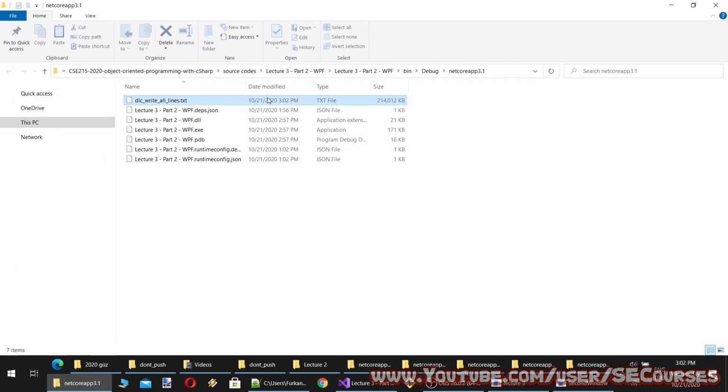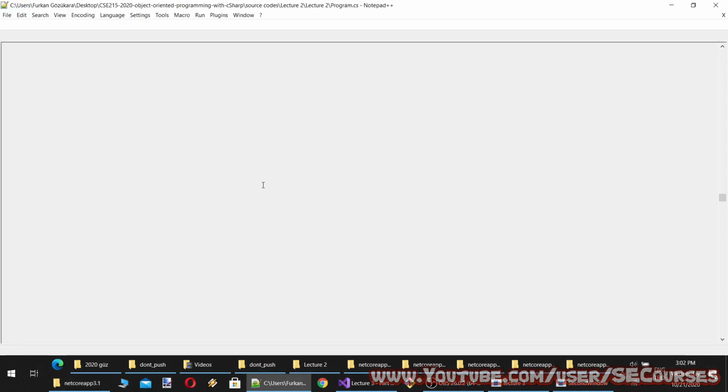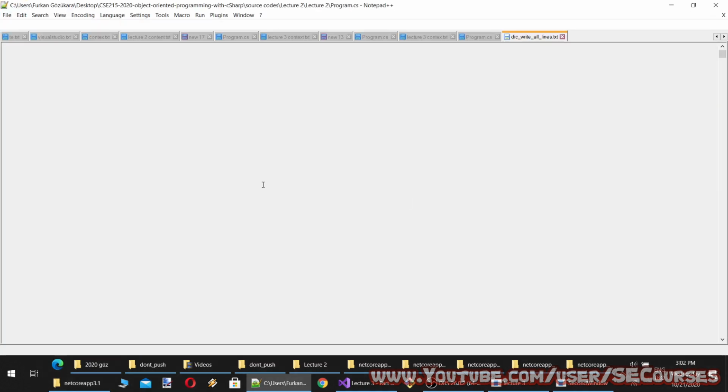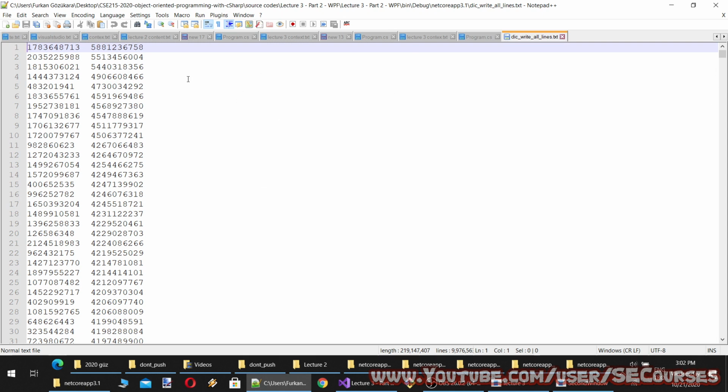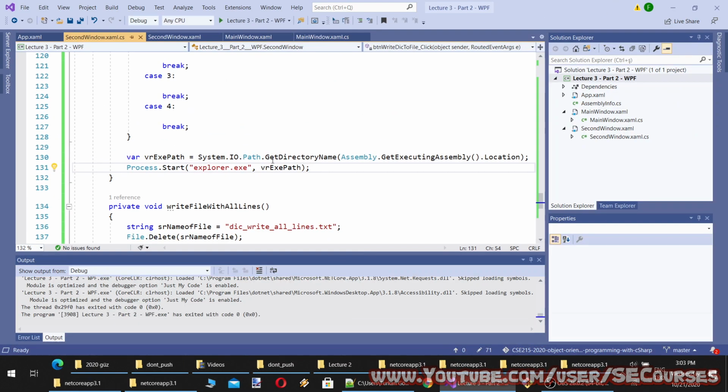Okay, now they are written to the file. Each time it opens a folder as I wish. And opening the file. Okay, now I see they are sorted by value descending. Now we need to code the remaining writing methods.